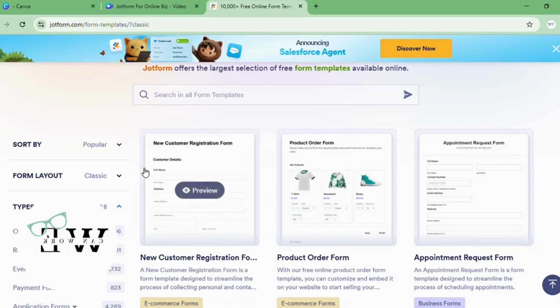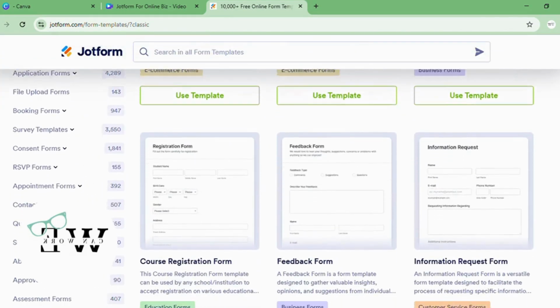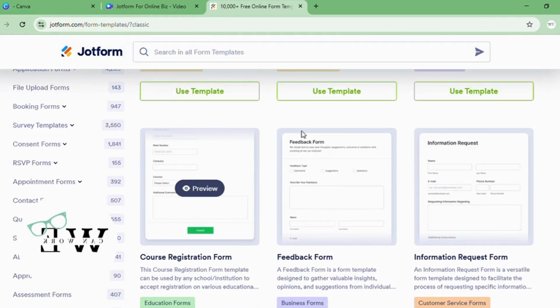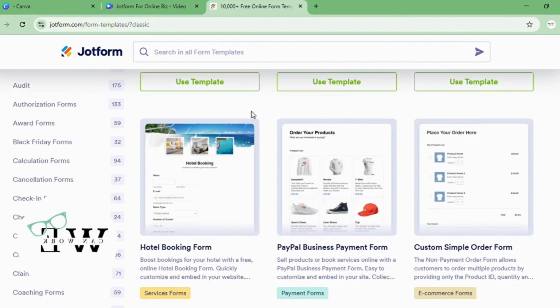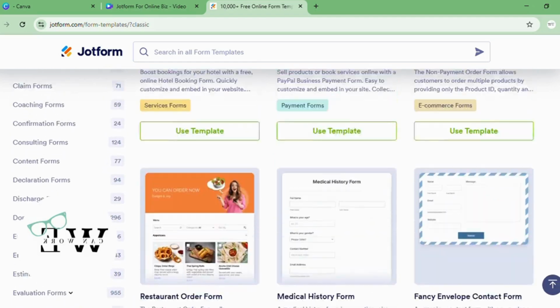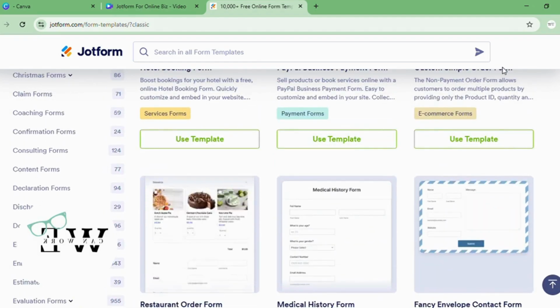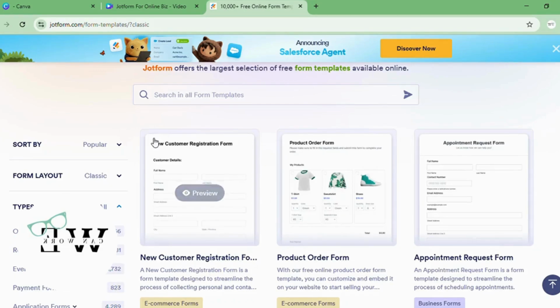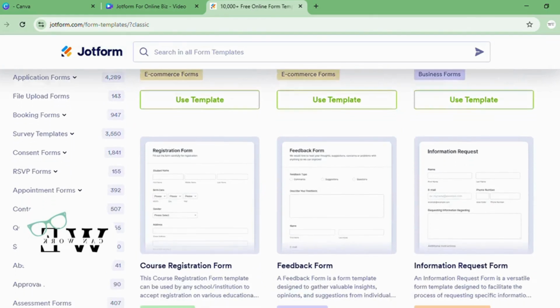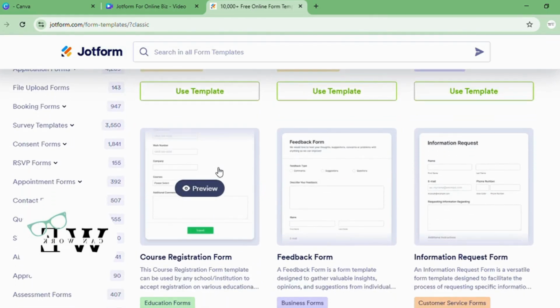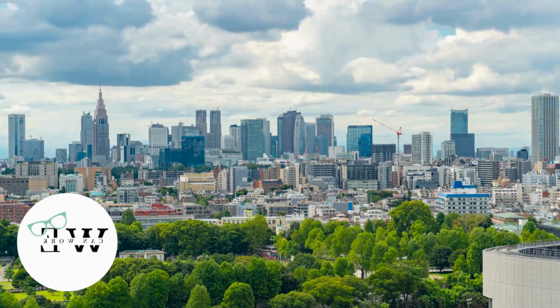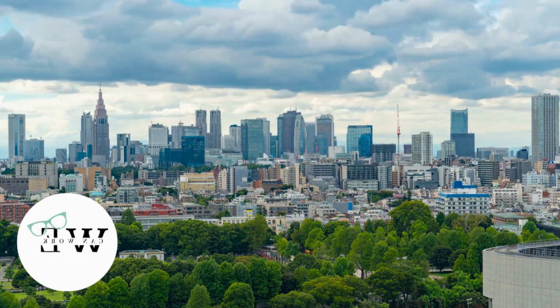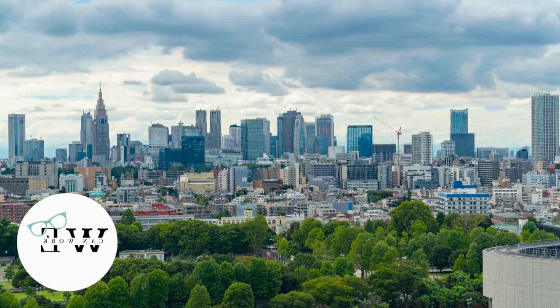Here are some examples of forms you can create for your business. A new customer registration form for an e-commerce business, appointment request form you can use for a dental office or hair salon, course registration form for selling your courses online, hotel booking form for your hotel, motel, or Airbnb accommodation, restaurant order form that you can use to take orders online for delivery, medical history form that you can use in your clinic or med spa. You can build a form for any business across industries and use it to collect your customers' data and process